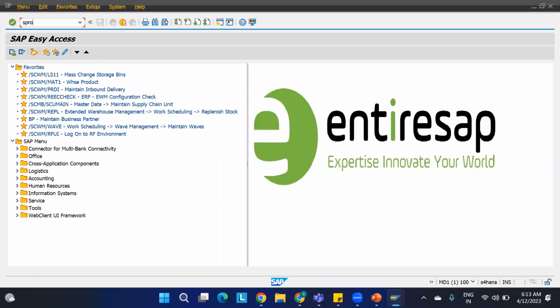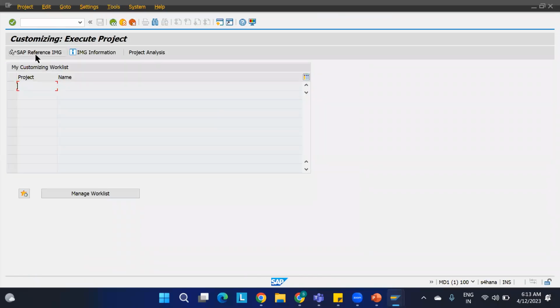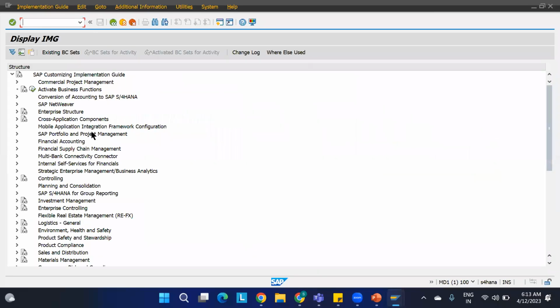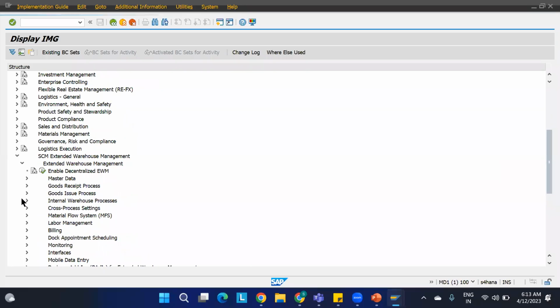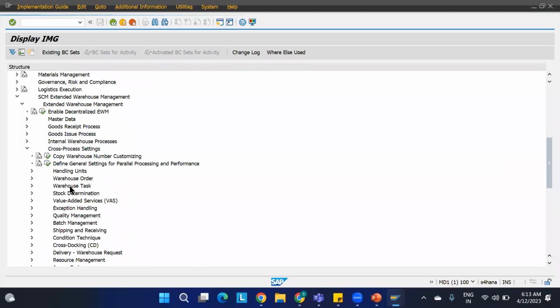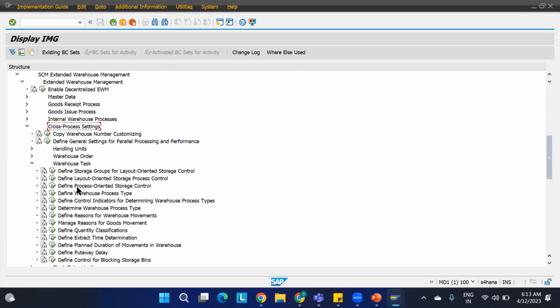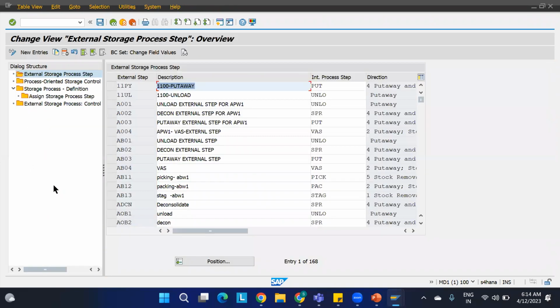So SPRO, IMG, SCM EWM, extended warehouse management. Under that, cross process settings, warehouse task, process oriented storage control. So when I go inside this,